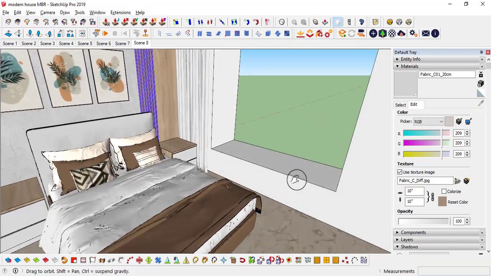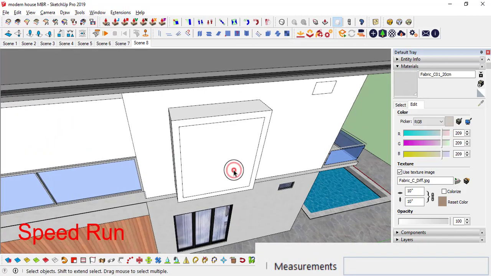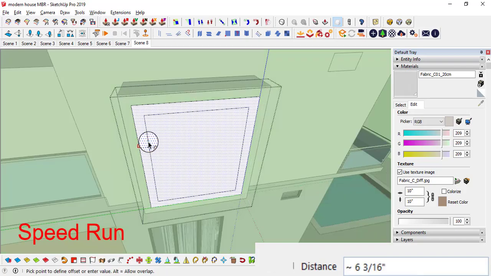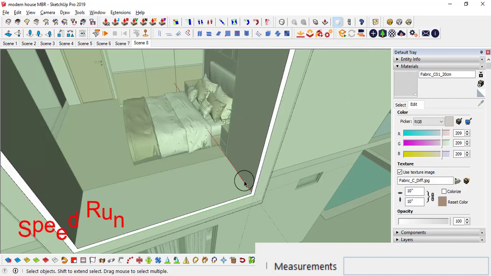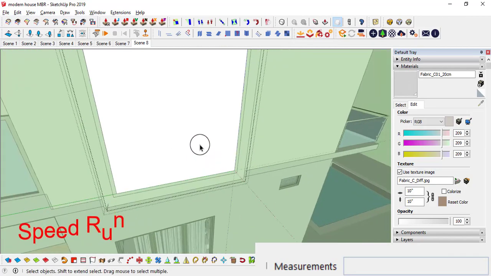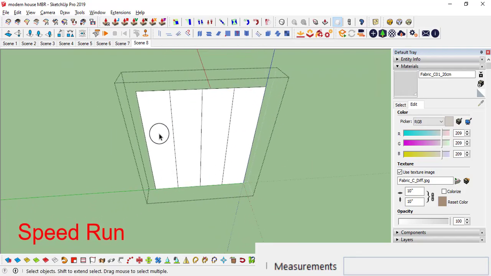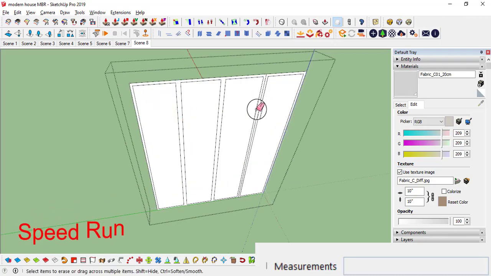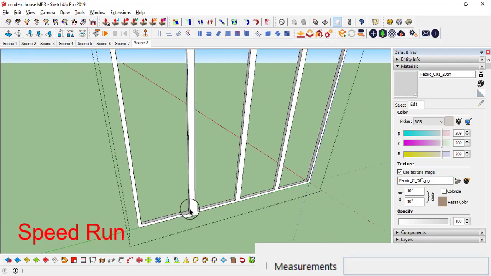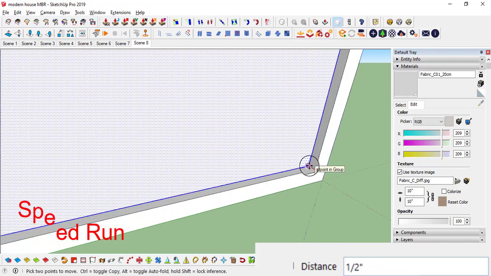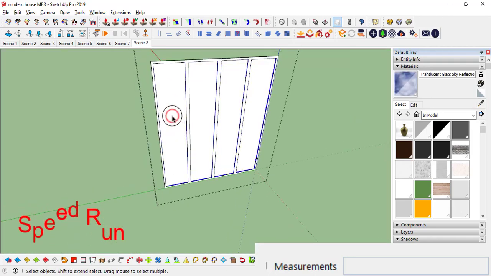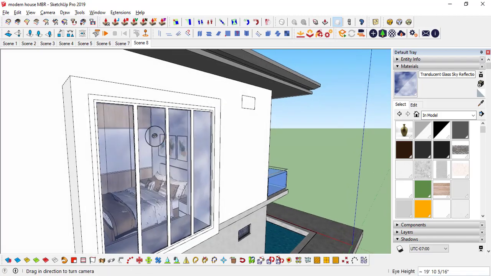So first of all we need to make a window. Okay, I can simply use this glass on this one, and I can simply use this white on this window.